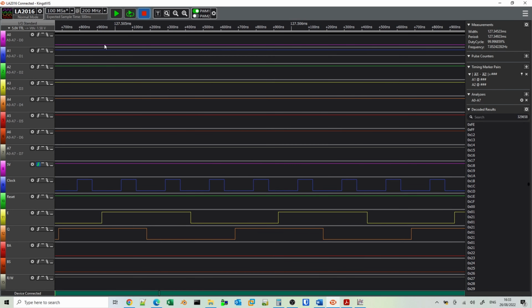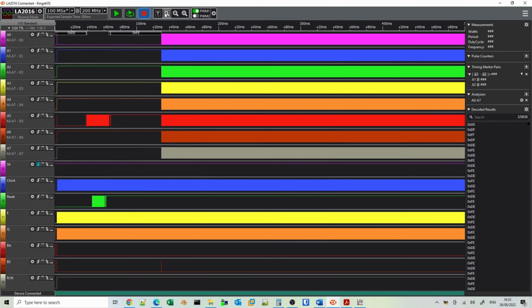And what we can now see, if we zoom out to the whole area, is that it starts at 0 where the power is turned on. So you can see at the beginning here the power starts at 0. We can see there's a period of time for about 120 milliseconds before all the address buses start to do things. We can see that there's some activity on the clock signal, the 4 megahertz clock signal, and we can also see that the E and Q signals are doing something here.